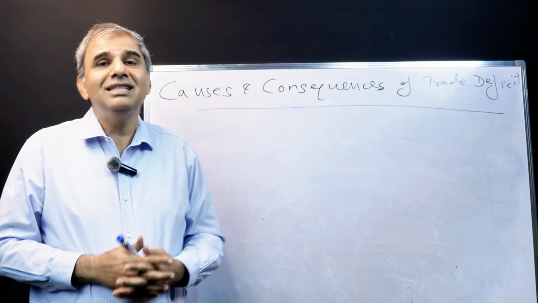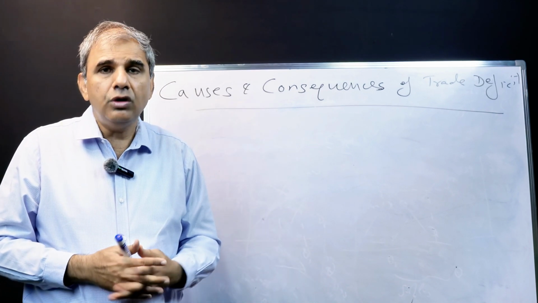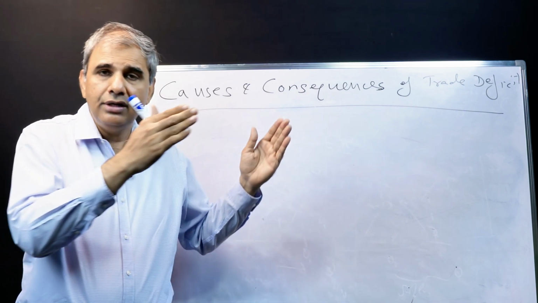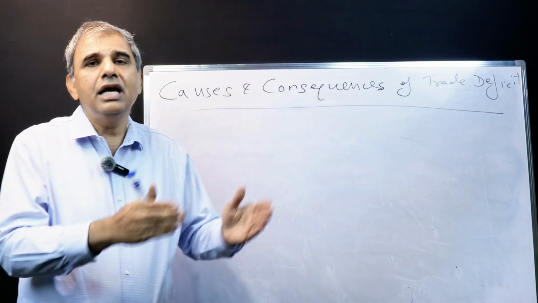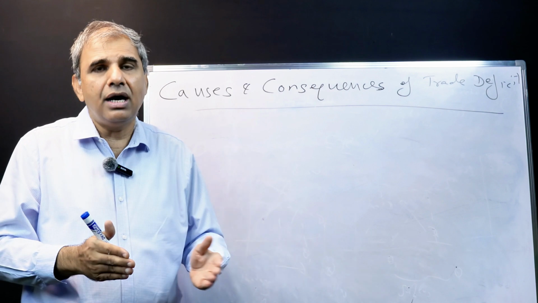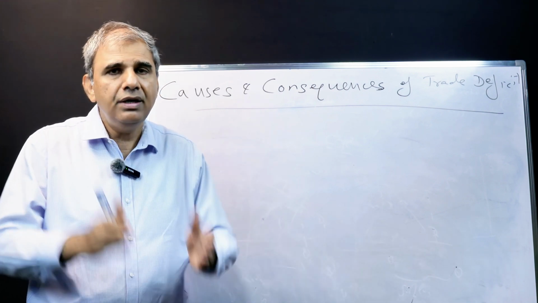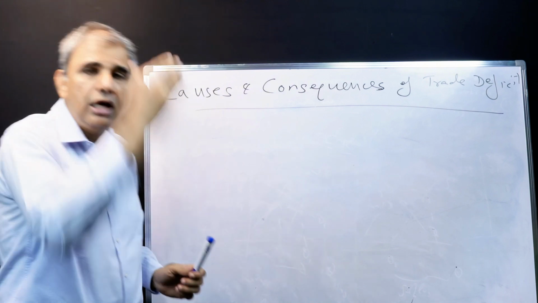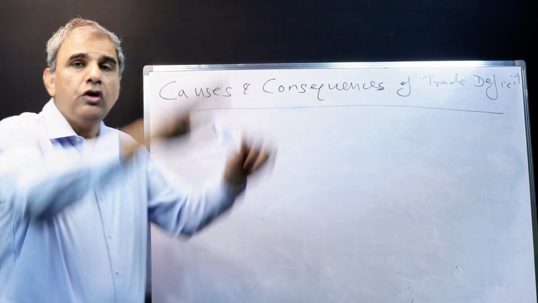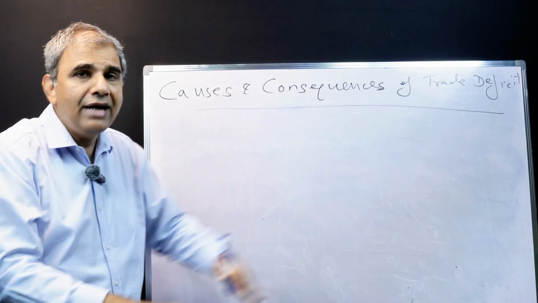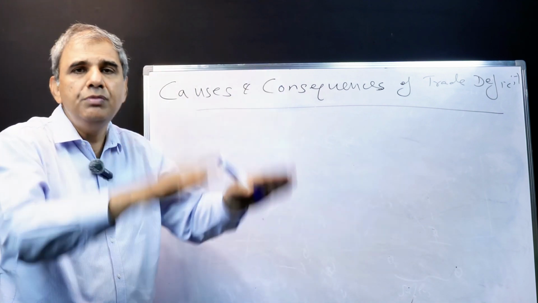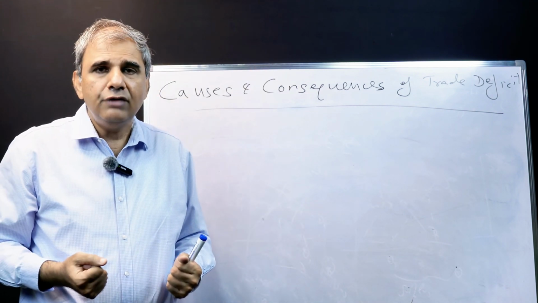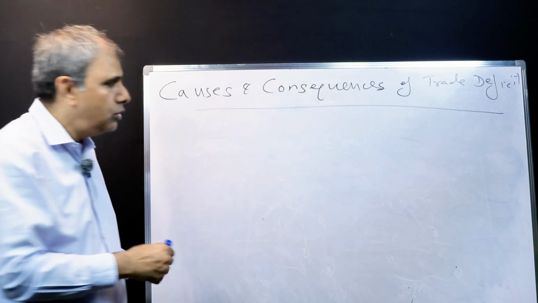One consequence, the net exports fall. Net export is the difference between exports and imports. And since net exports are negative in case of a trade deficit, aggregate demand falls. You remember, aggregate demand equals consumer spending, investment spending, government spending, and net exports. So if net exports fall and trade deficit rises, that would mean demand will be withdrawn from the economy, and that would lead to lower AD,